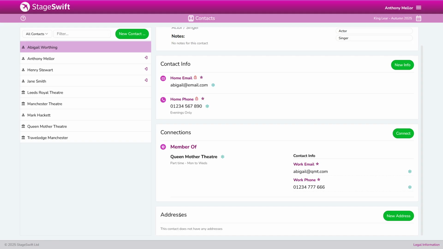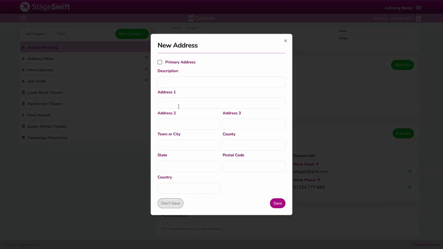And finally on this screen, we've got addresses. These are postal addresses, the physical addresses for your contacts. If I click on new address, I'll say this is Abigail's primary address. I'll say it's her home address, and I'll put the address in here. You don't have to fill out all of this, just the bits